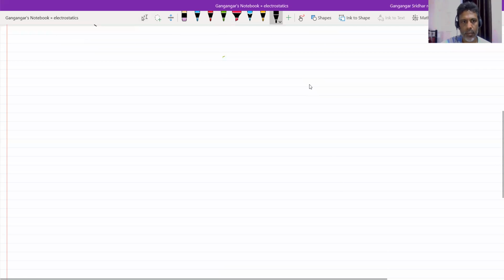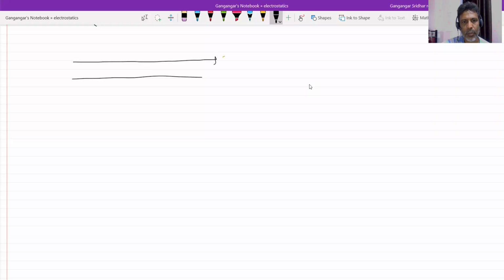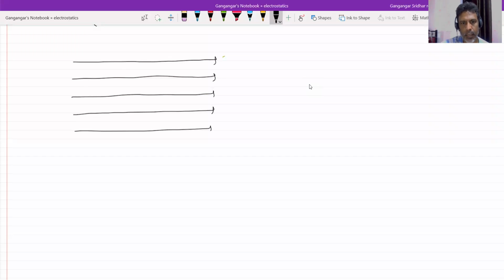There's a uniform electric field. What we discussed theoretically, no? So let's take one numerical. The electric field vector is 6 volt per meter. Since we know now the definition of E equal to dV by dx, I'll change the units from Newton per coulomb to volt per meter. So these are the points.